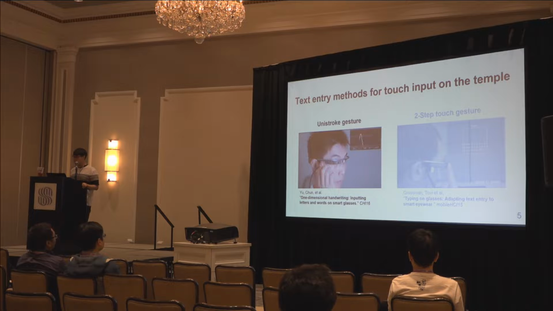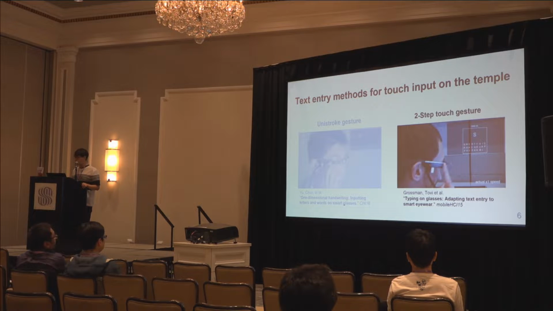Some researchers presented nice adaptations of text entry methods for this uncommon form factor touchpad. One example is using unistroke gestures. ULR designed 26 unistroke gestures for the corresponding 26 alphabets. Another example is two-step touch gesture input. Because the touch input area is too small to select a letter properly, Grossman et al. split the input stage into two stages and presented SwipeZone and SwipeBoard techniques as two-step touch typing methods.